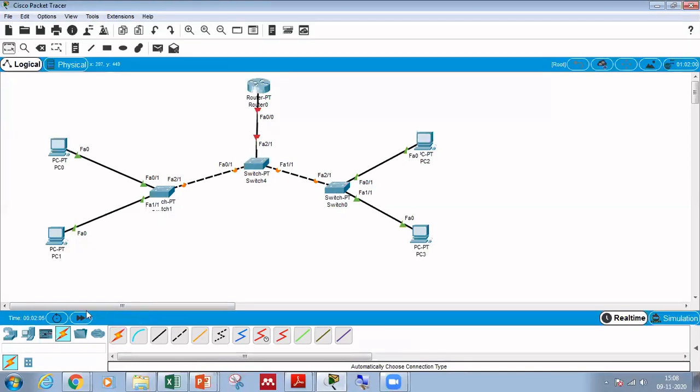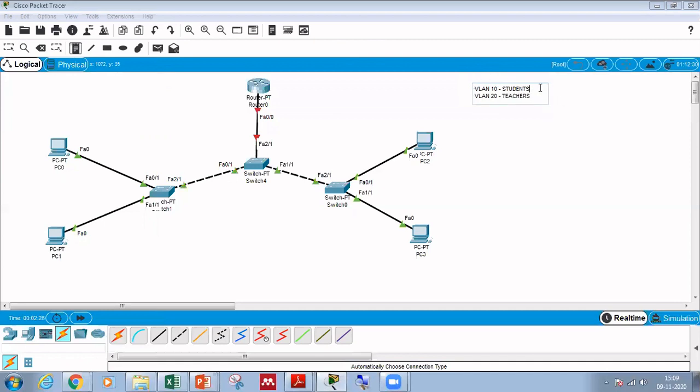Here we are going to have two VLANs. Let's take VLAN 10, which belongs to the students, and VLAN 20, which belongs to the teachers.